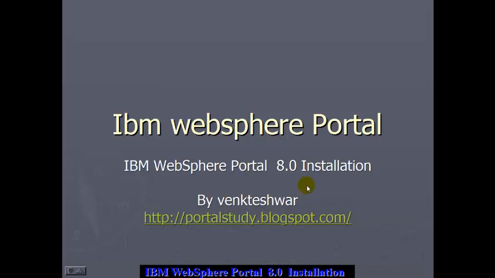Today I am going to talk about how to install IBM WebSphere Portal 8. You can also visit my blog, portalstudy.blog.com. In today's tutorial I'll tell you how to download this software. To do so, you must have an IBM employee ID and password. And secondly,